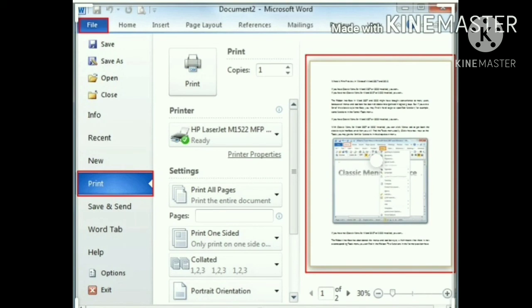Second, Print Selection only prints the selected content in the document. Third, Print Current Page. This prints only the page where the cursor is positioned. Fourth, Print Custom Range. Here you may enter specific pages like 1, 2, 3, 4, 9. You may also enter a range of pages using a hyphen, like 4 to 9.